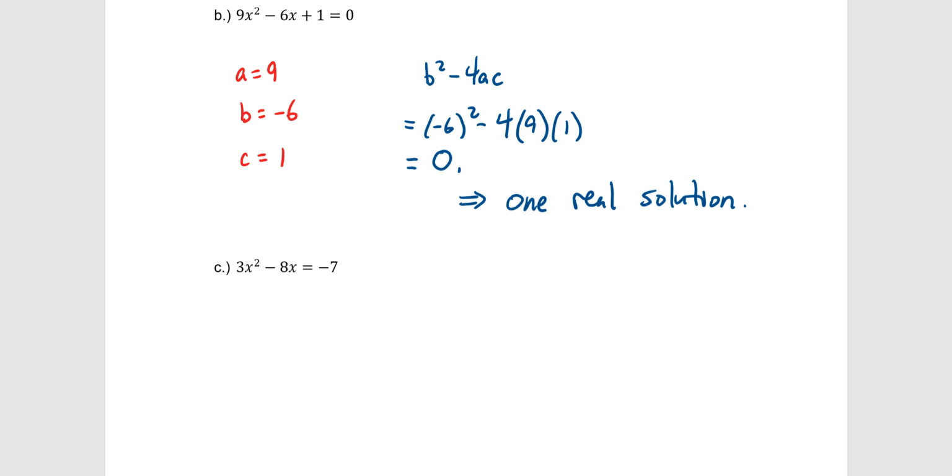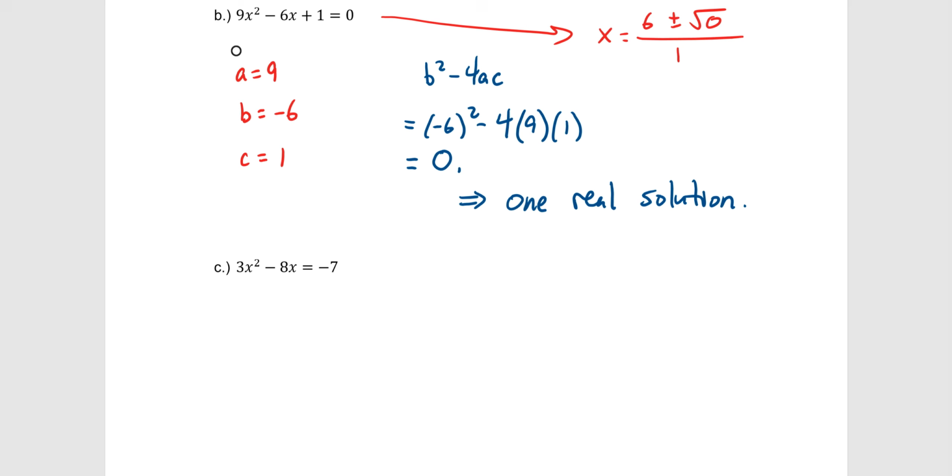And since the discriminant equals 0, that means we would get 1 real solution if we solve this one. The reason we would get 1 real solution is, I won't do the whole thing here, but if we went to solve this equation using the quadratic formula, we would get x equals 6 plus or minus the square root of